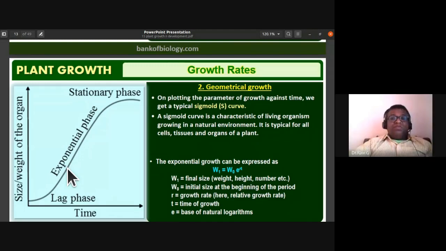After attainment of adolescence or puberty, the growth rate is in the exponential phase. We reach our maximum growth up to 18 years of age. That is the log or exponential phase. After 18 years, growth is steady. There is no more growth. As I told you, there would be cell division, but just to replace dead and worn out cells. This is the case in human beings and animals. Even here we find a sigmoid growth curve.